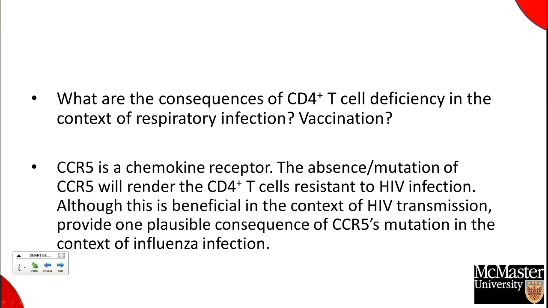The other question that I would like to ask is about the role that CCR5 plays. As we know, CCR5 has to be present for HIV infection to occur. CCR5 is a chemokine receptor, just like the receptor that you studied last week, or that was on your midterm, for CXCL8 or IL-8, neutrophil. So if that receptor is absent or mutated, the person would be resistant to HIV